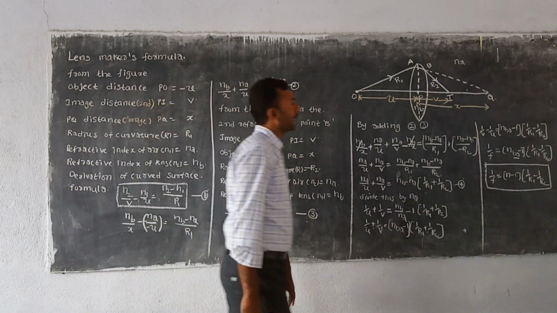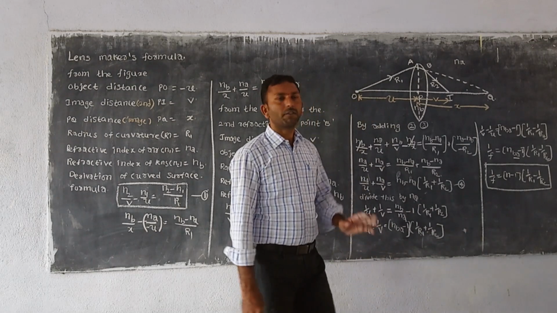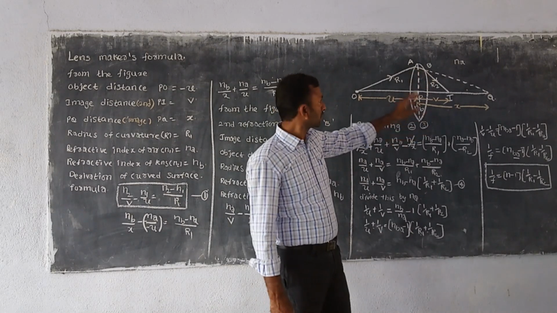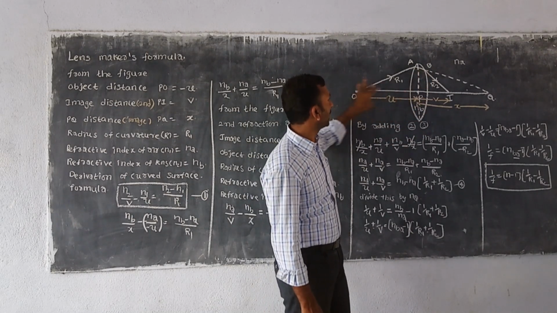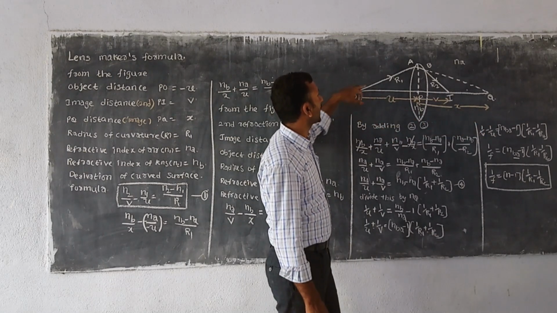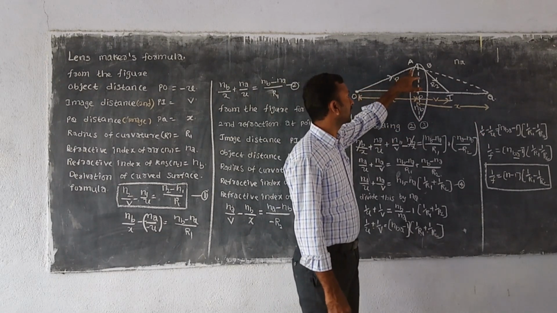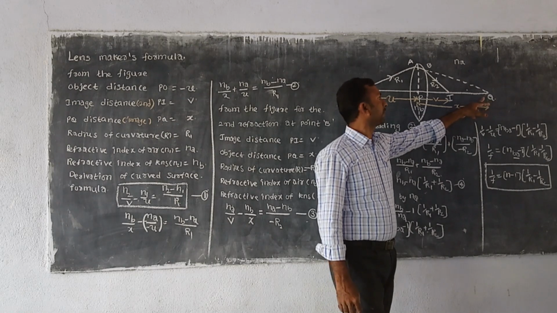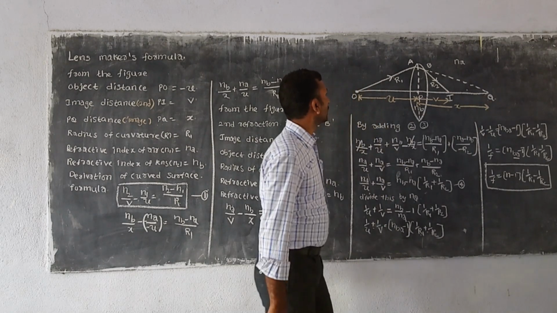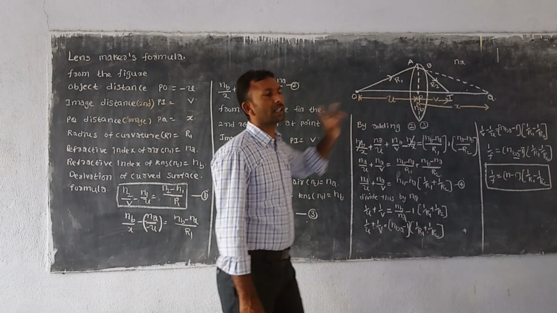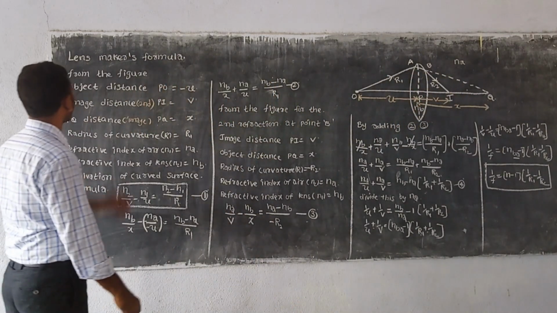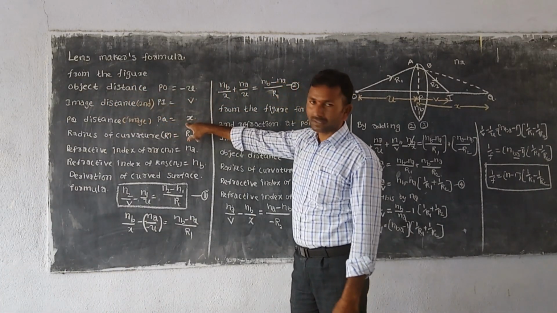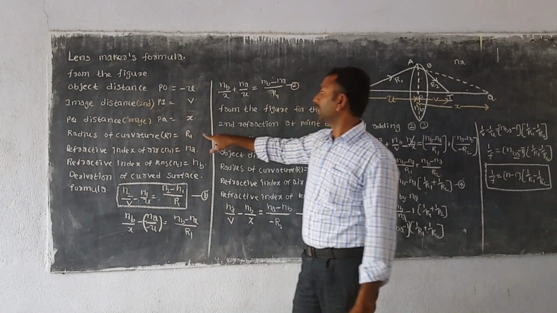Once again, first what have we taken? First we take a pointed object and a thin lens. We keep the pointed object in front of the thin lens on the principal axis, and one light ray comes from the pointed object, is incident on the lens surface, is refracted, and goes in the direction of Q, meeting the principal axis at point Q. So here we have taken the first case, one refraction only. From the figure we can write the object distance PO, the image distance PQ, and the radius of curvature R1.